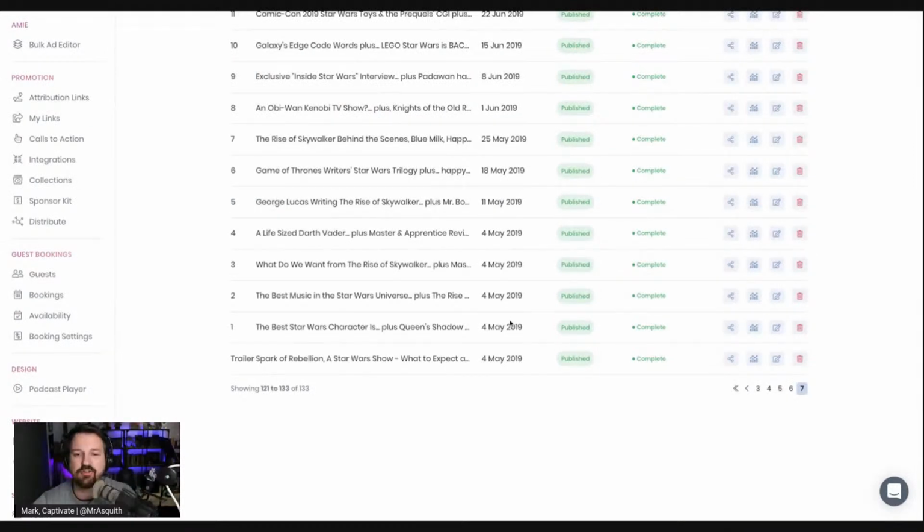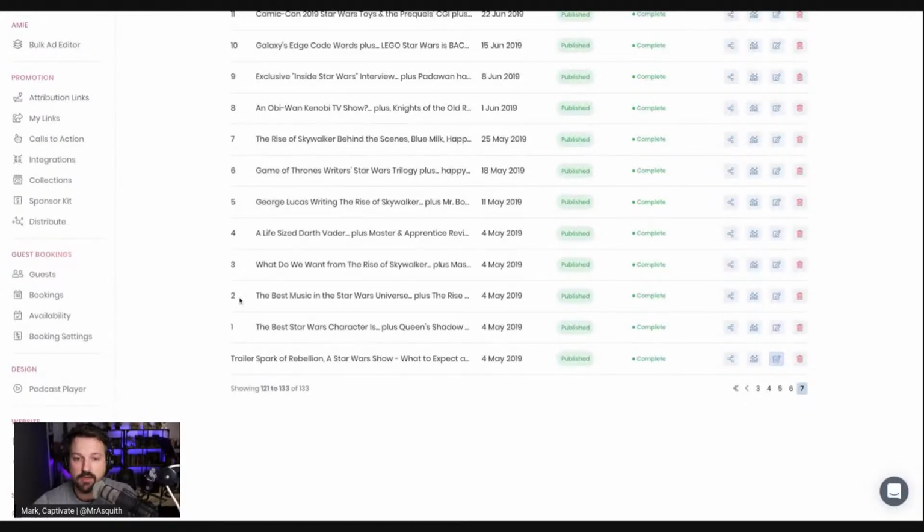What I want to do first is, we've got a trailer. We do not want the pre-roll on the trailer. There was a bit of feedback that came in through the beta last week: can we tell AMIE to only apply it to things that aren't marked as trailers or bonuses? That is something we're going to add in the mop-up phase, a bit of logic where you can say, add the pre-roll to future episodes unless it's a trailer. We've not yet applied that. We're going to do that over the next couple of weeks.